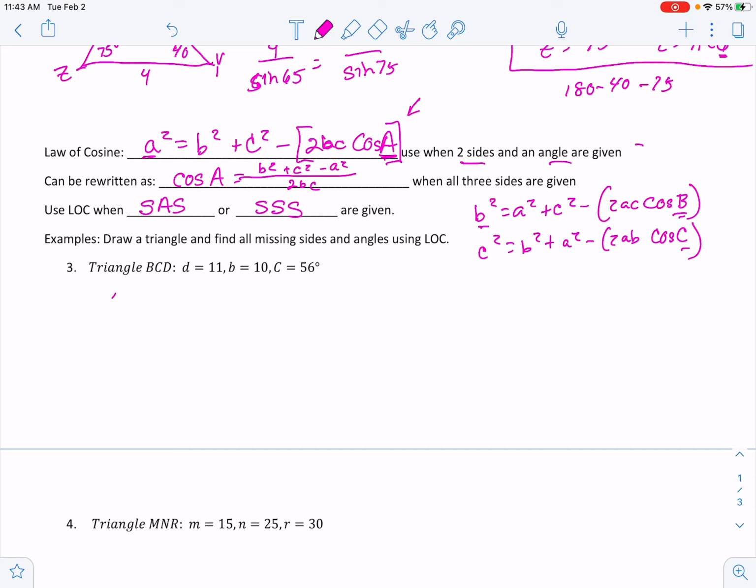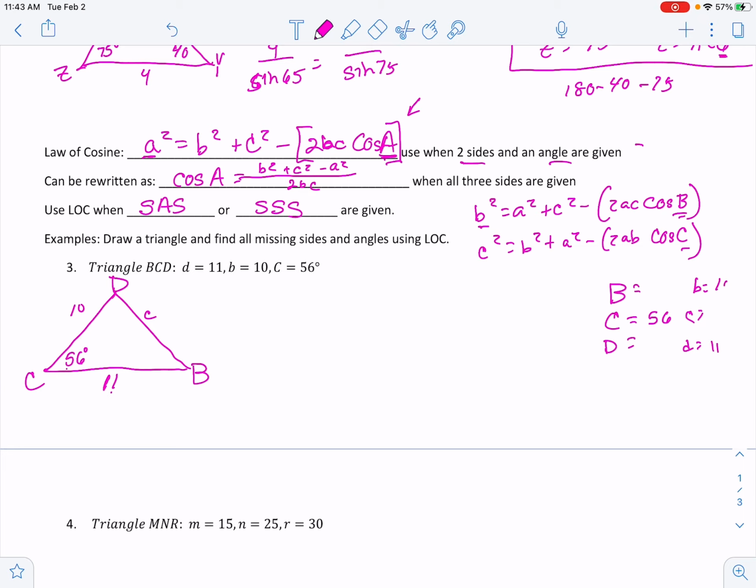First, I'm going to draw my triangle. This is 56 degrees. This is C, so this is little c. This one looks longer, so I'll make that D. And this is 10, so that's B. And I'm given side, angle, side. There's no way for me to set up my law of sines because I don't have anything that matches. All right, B, C, D. D is 11, B is 10. So there's no side and angle that go together. So